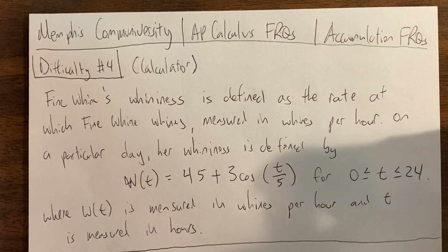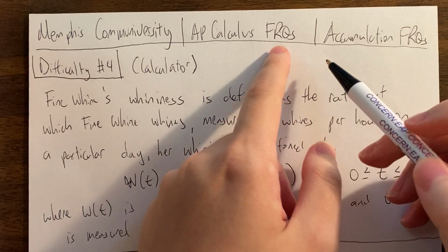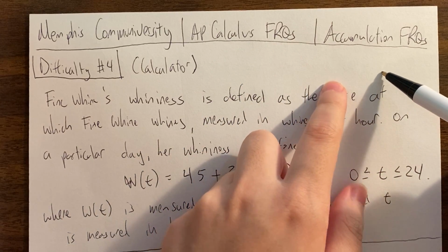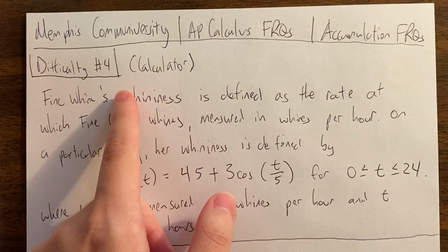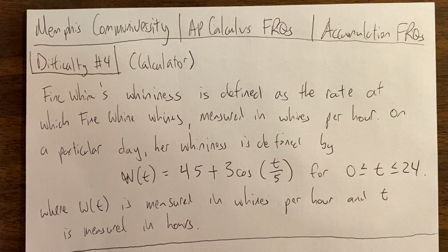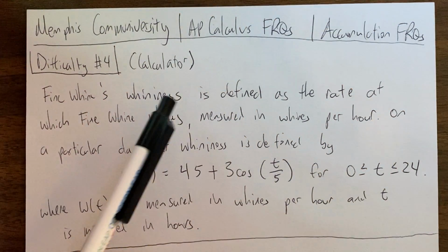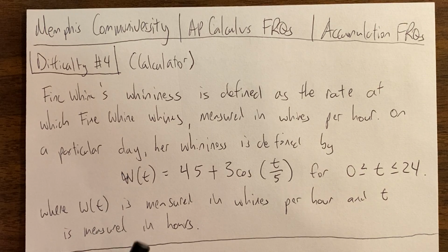Today we are going to be doing some AP Calculus Free Response questions. Today we're doing Accumulation Free Response questions. So these are usually the first free response question that you see. They appear on the AB and the BC exam, so they're pretty important. We of course have difficulty all the way from 1 to 10, so we're sort of in the middle-ish level, difficulty number 4. We do have a calculator here, which is great. So we should be able to just set up the questions, and then we can rely on the calculator to